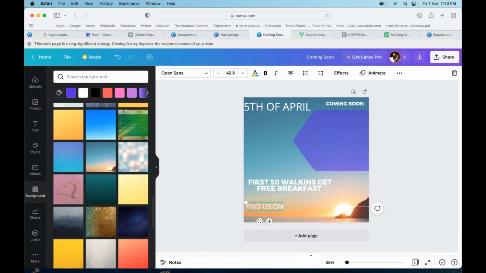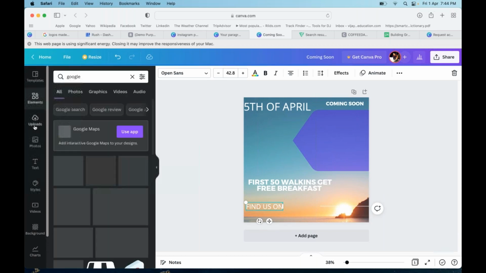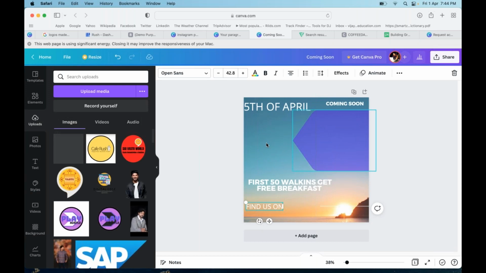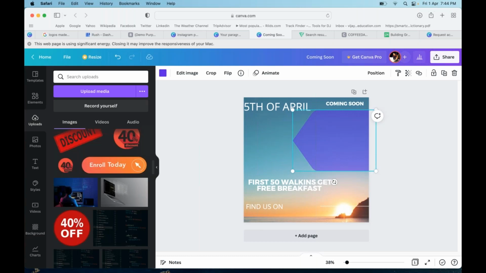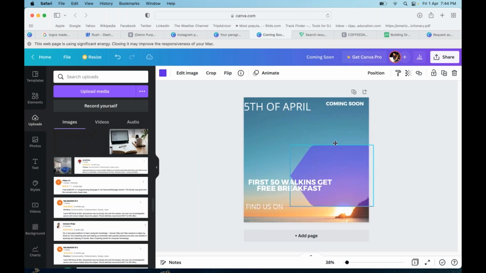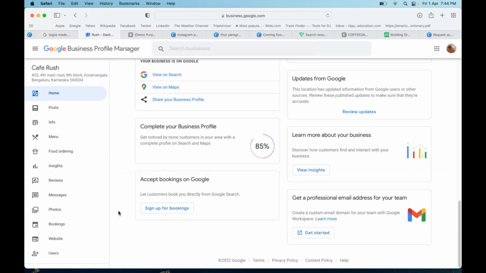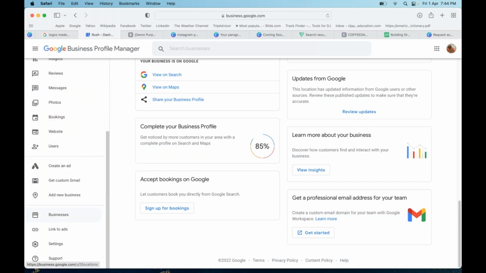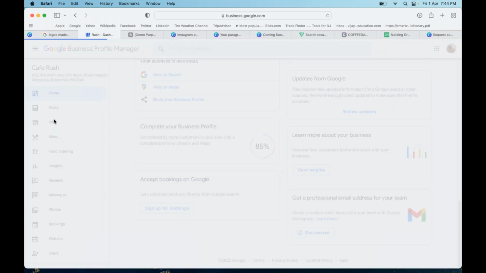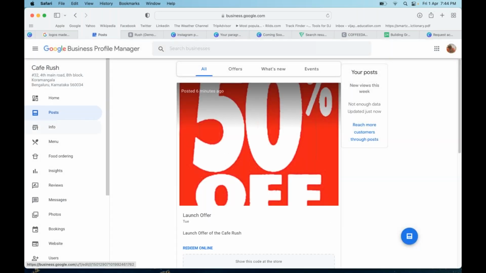So again, add in the social media handles and yeah. So give this a go and create one post. Let's see how it comes out. And I think by this, most of the Google business should be completed. And once you're done, share me the link on WhatsApp, post info,